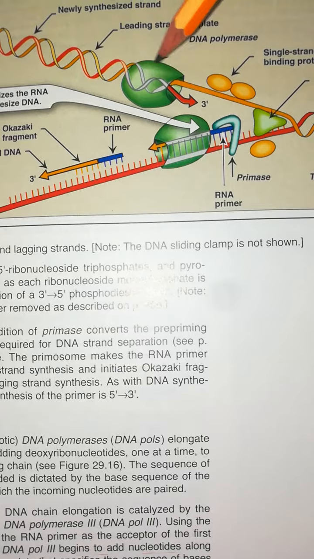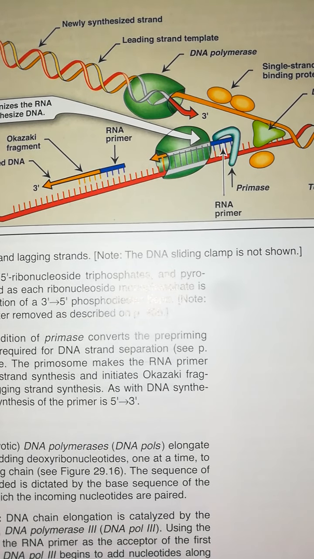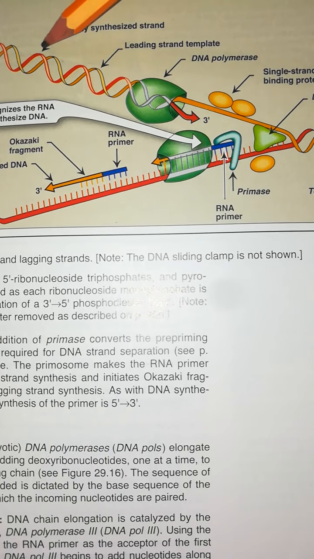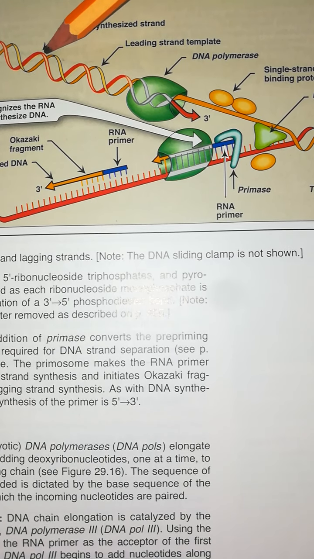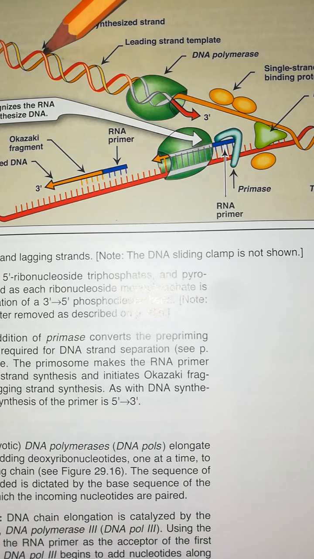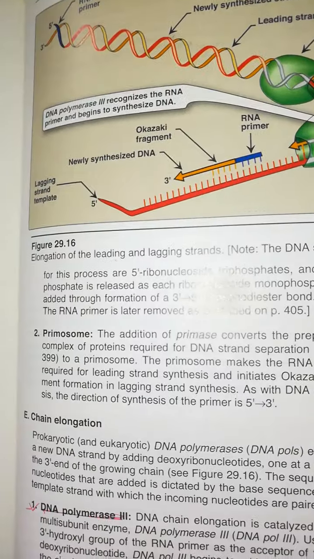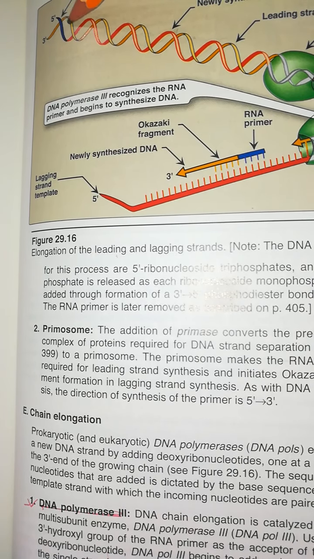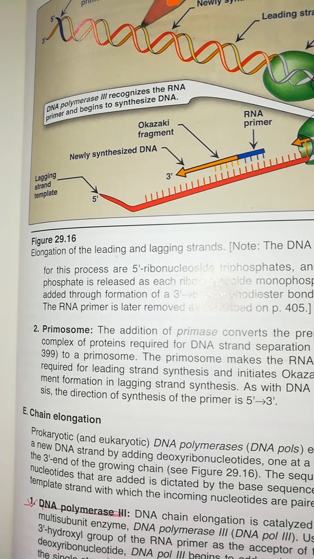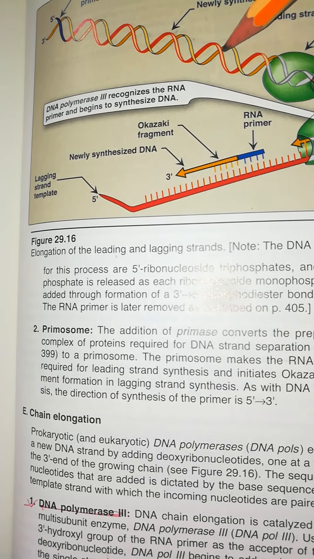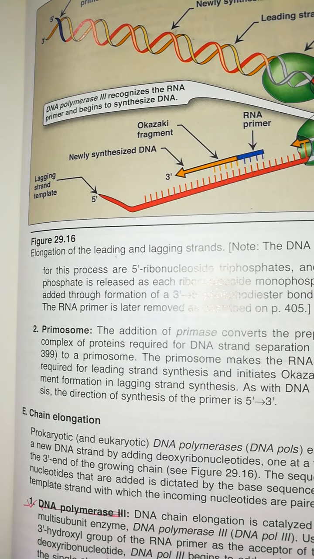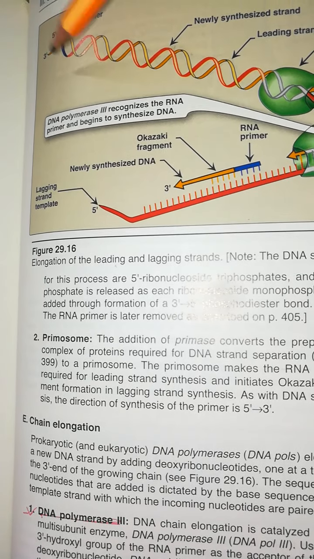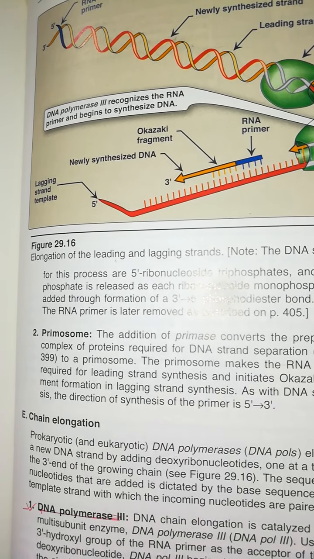DNA polymerase causes polymerization. Here one strand is the parent strand, and the red color is the newly synthesized strand. So replication occurs in the 5 to 3 prime direction, and the parent DNA is 3 to 5 prime. The newly synthesized or daughter DNA is in the 5 to 3 prime direction.